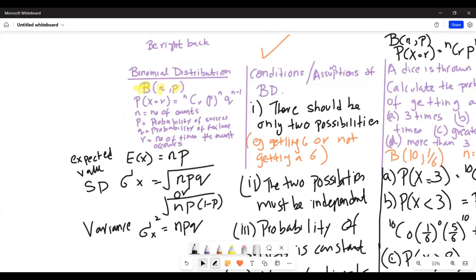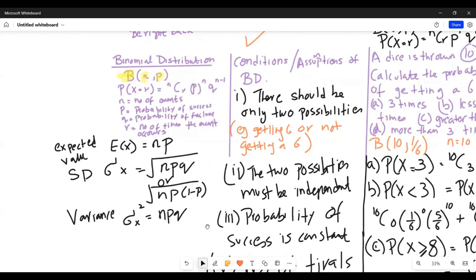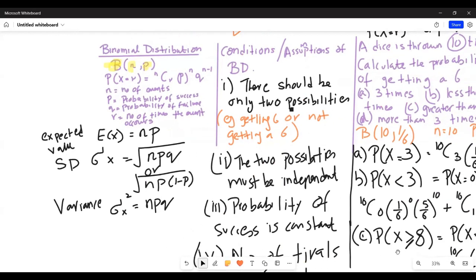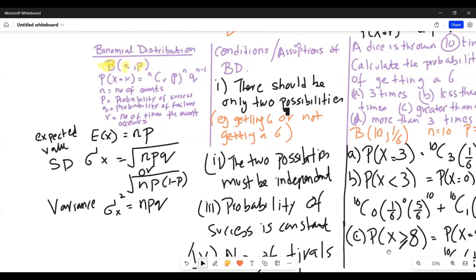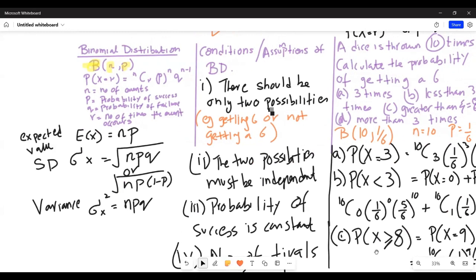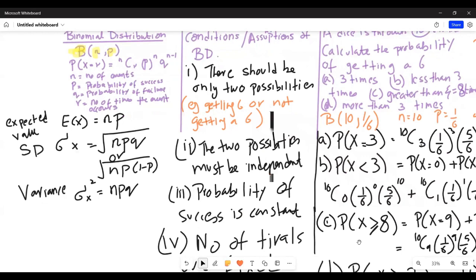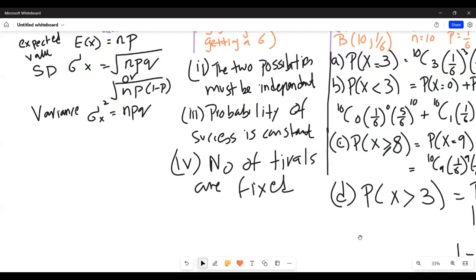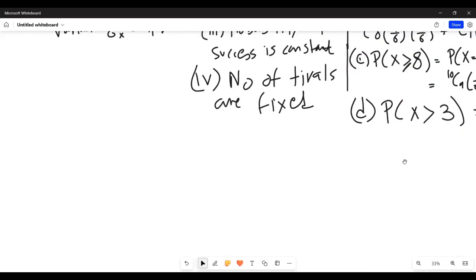Okay. Another example question. Given that,